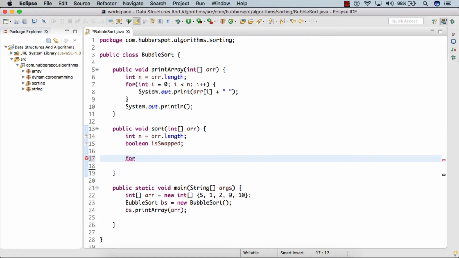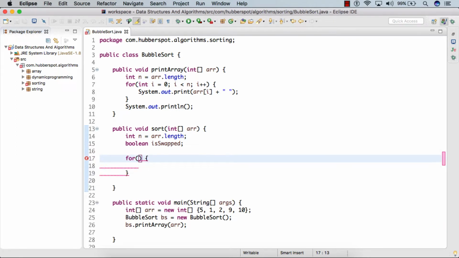Moving ahead, we first provide a for loop which starts from 0 and goes till n-1.